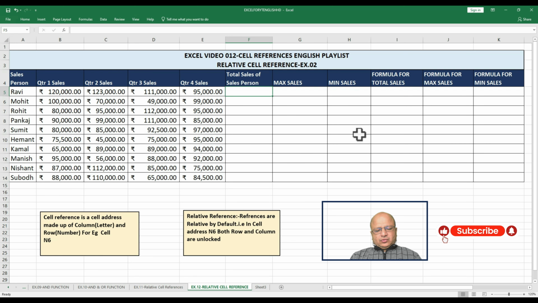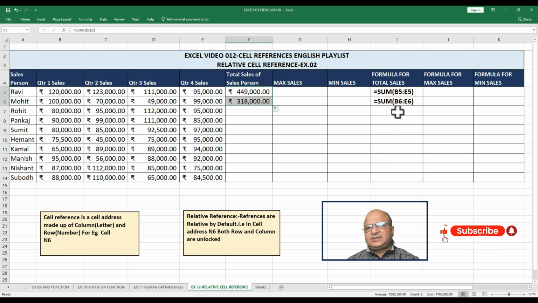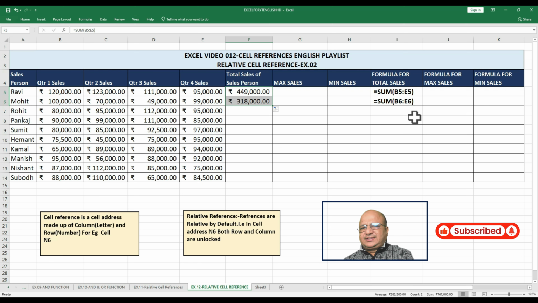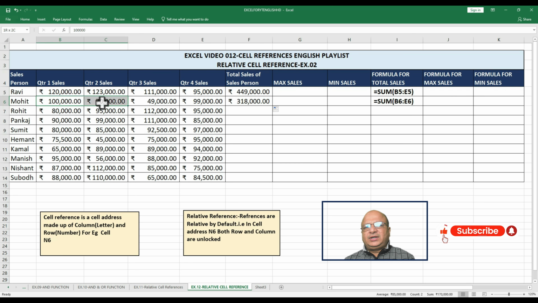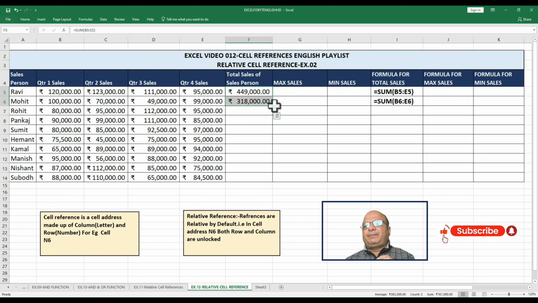So equal to SUM bracket start. So we will select the cell addresses from B5 to E5. Control enter. If we copy this formula from top to bottom, see B5 to E5 in the next cell, we are getting the sum of B6 to E6 and we want that scenario only because we need the total sales of Mohit. So this is a behavior that when we are copying a formula from top to bottom, then the